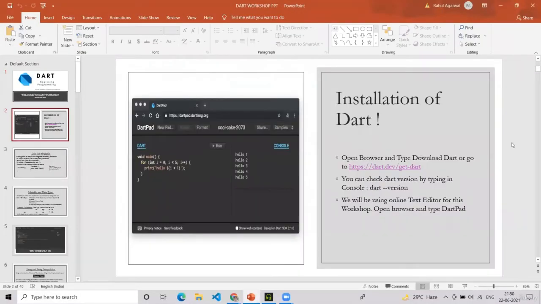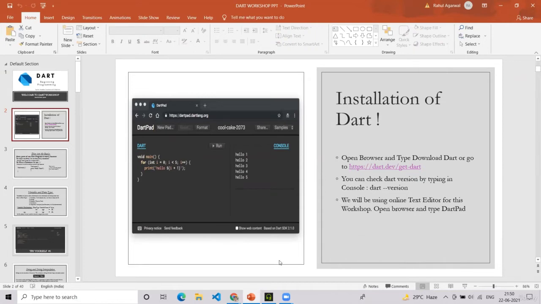The first thing we have to do is to install Dart. There is a Dart SDK which you can install separately, but in this session, we will be using the online Dartpad because later on, when we will be learning Flutter and installing all the Flutter tools, then that will be installed automatically. So we don't have to do it separately right now. And Dartpad is just an online tool to develop and write the Dart code.